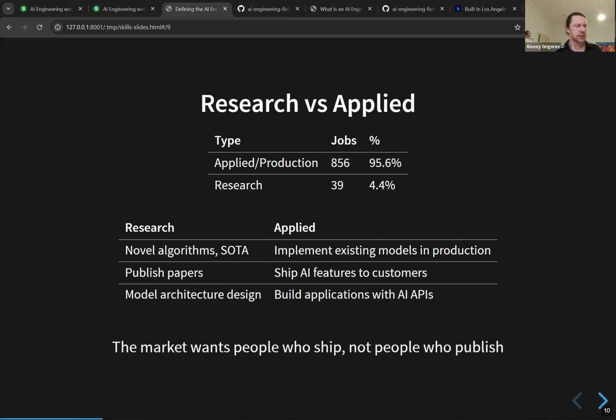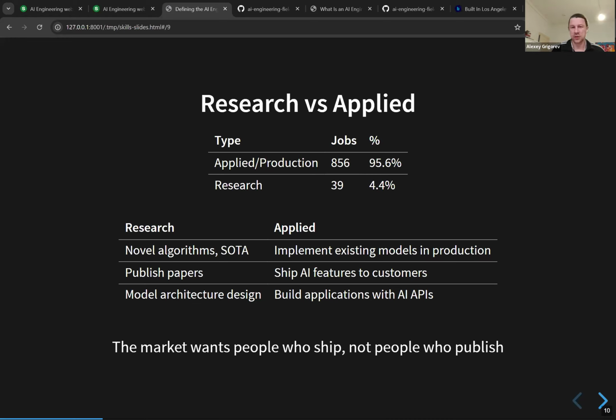And then I was also interested in knowing how many are research roles. For researchers, I was just looking at whether they have things like SOTA, novel algorithms, publishing papers, things like that, right? And only a tiny fraction of them were research roles, which is kind of expected because we didn't look for research scientists or AI scientists or whatever.